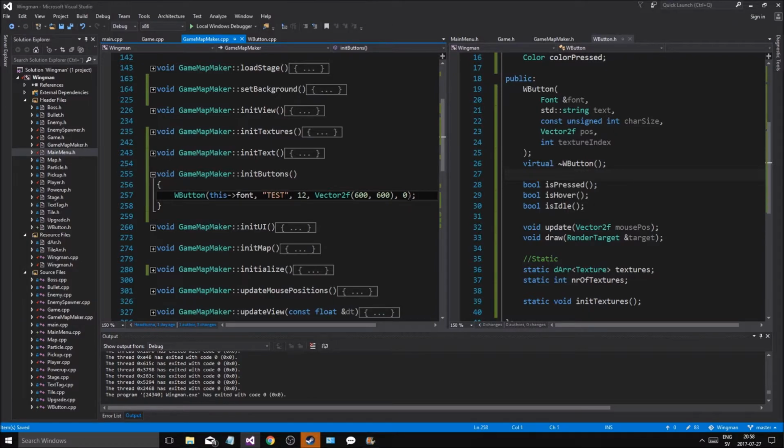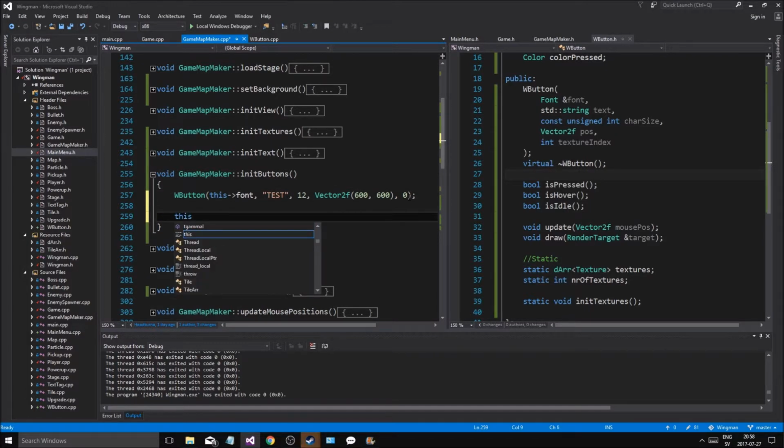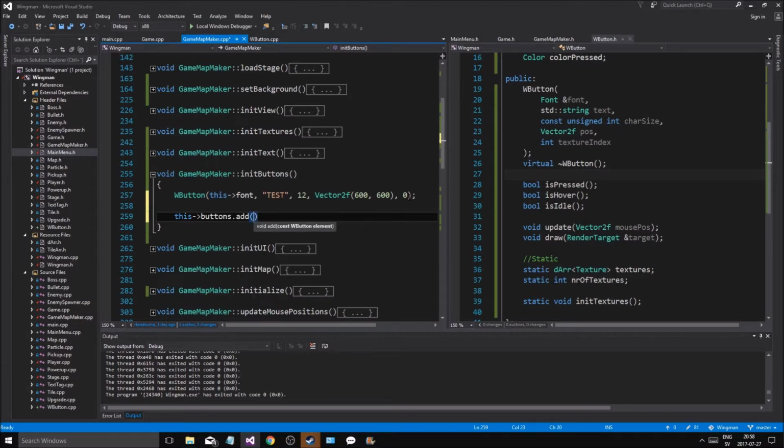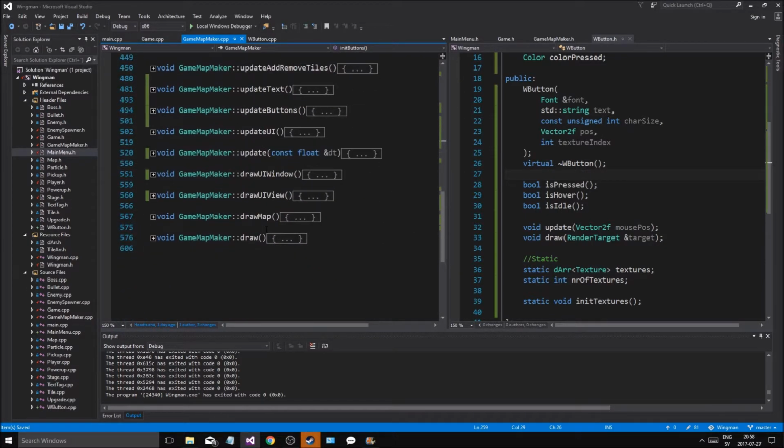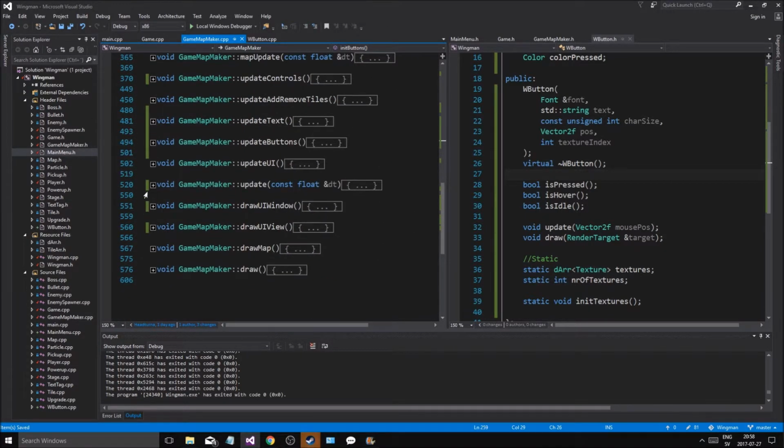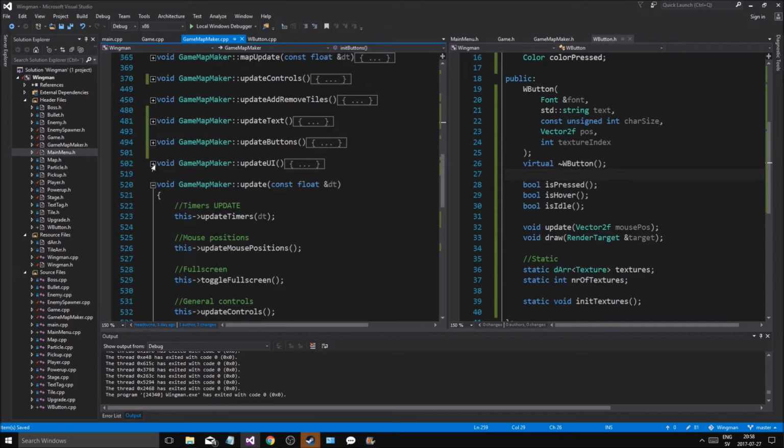We'll make a button and then we'll say this buttons dot add W button temp, add temp, just like that. We initialize it, we'll update it, then we're gonna update all the buttons right there,